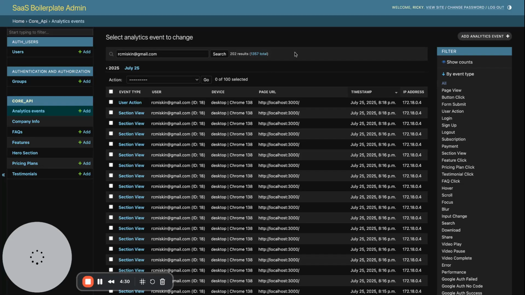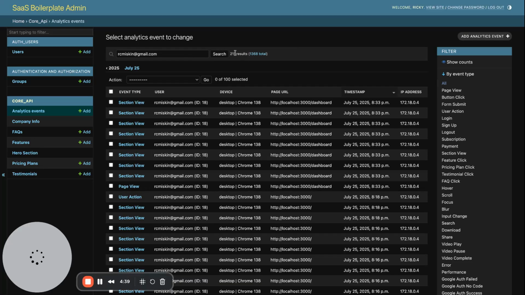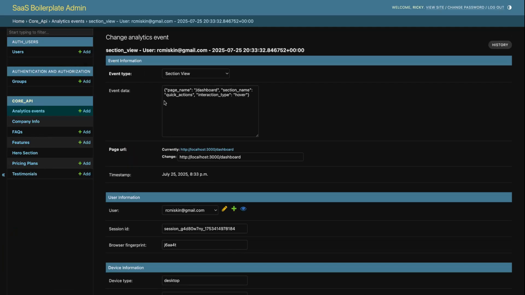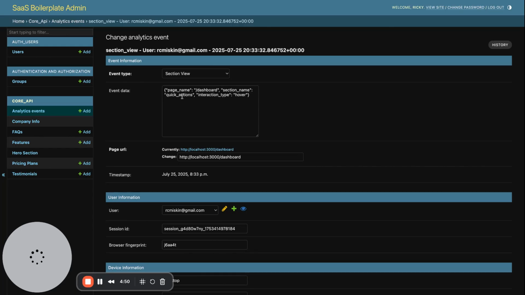And you can see that there's 202 results of rcmiskin. And let's search again. We should have gotten some more. 211, yeah. And look, section view. You can have the page. We're on the dashboard. Section view. What did we click in the section view? We hovered